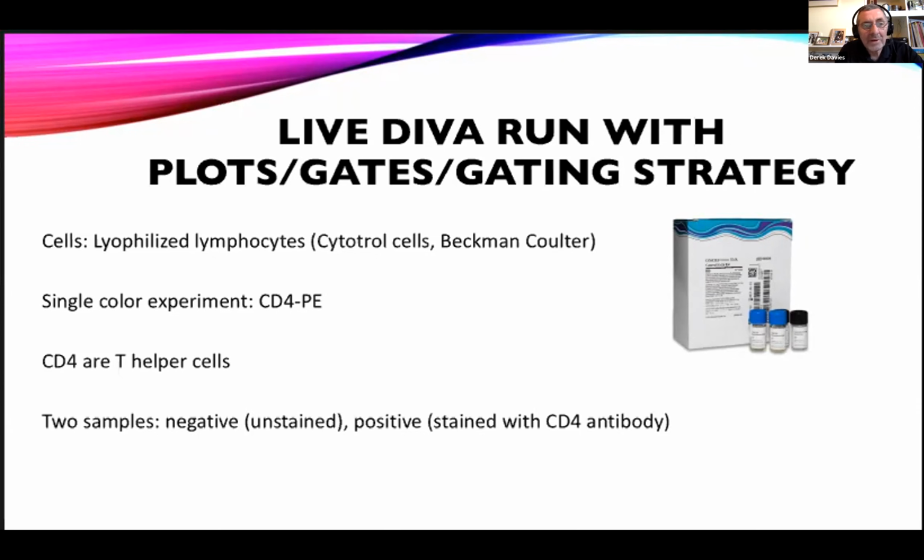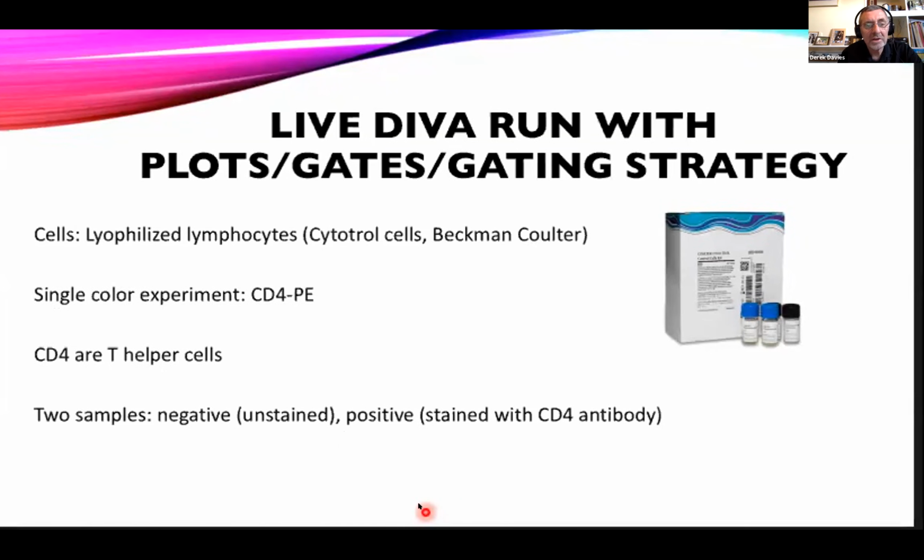So hopefully you should now be able to see my screen, which is going to tell us what we're going to do. So we've taken some cells. These are called Cytometry cells, which we get from Beckman Coulter. And these are freeze-dried lyophilized lymphocytes. Okay, so we use these quite a lot if we're titrating CD markers, for example, or in demonstrations like this. Very easy cells to work with. You just reconstitute them and we can stain them with anything that we like. And in this case, we've stained them with CD4